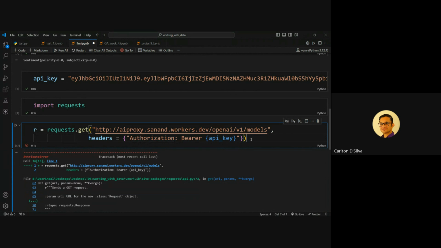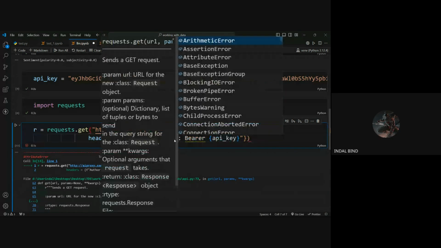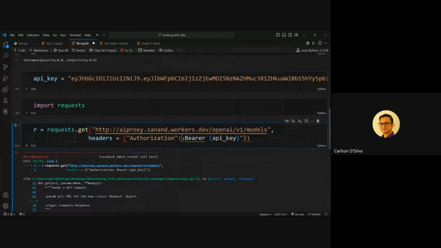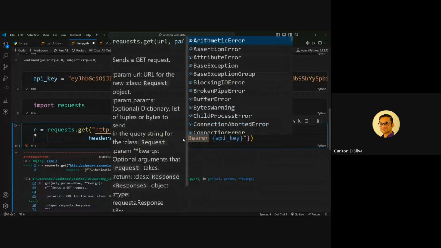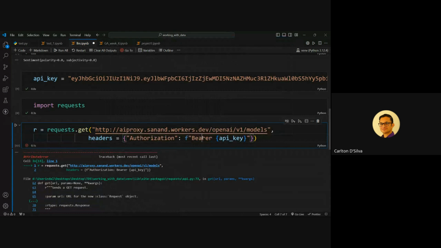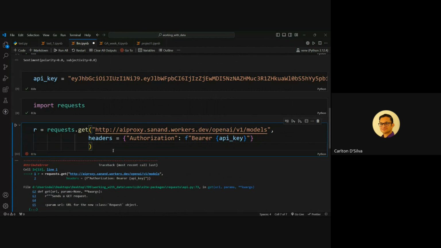You have to put keys in double quotes, but you have not enclosed authorization in double quotes. And then the value of a key value pair also has to be in quotes, and that's where you put your API key. Now it is correct. Now it should work.